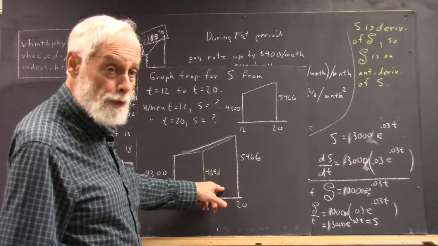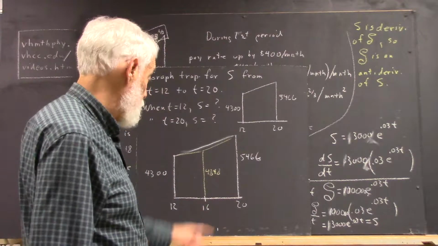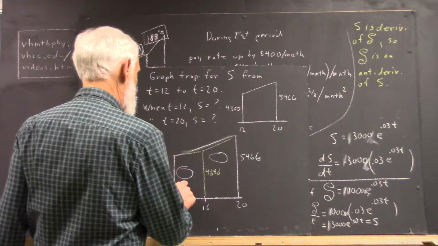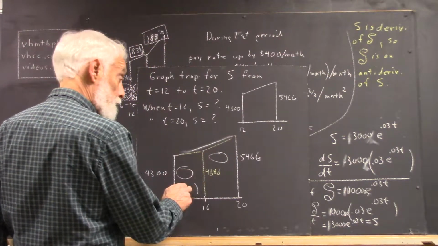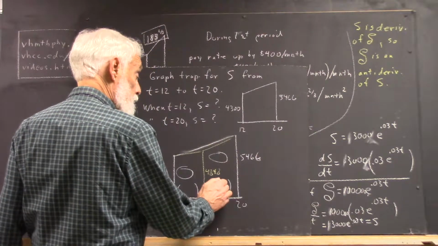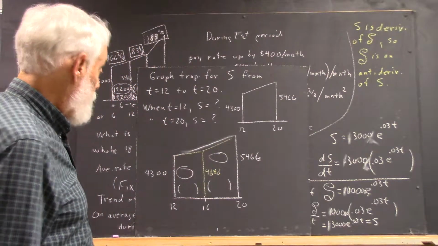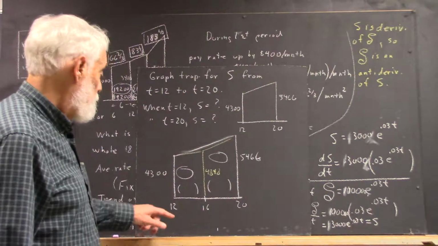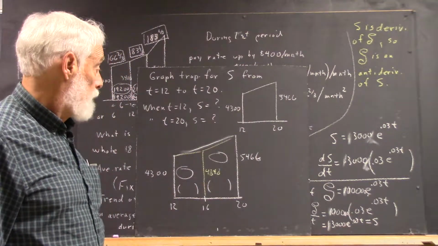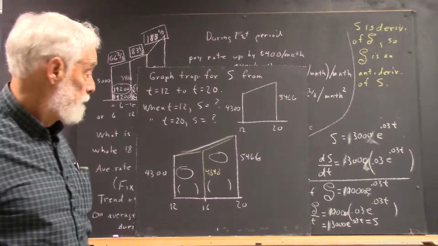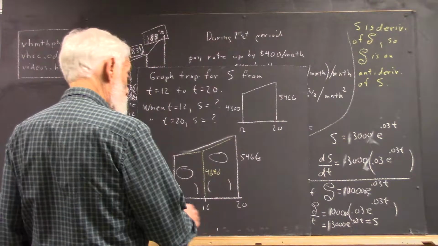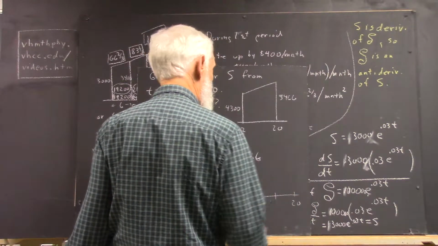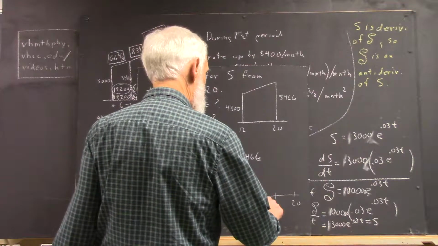Then we can easily calculate these two areas, and of course we're going to add them up to get a total. So we'll have this area, we'll have this area in this parenthesis, and then the total of the two areas in this set of parentheses. And then we're going to compare that to the change in the antiderivative function between 12 and 20. Then I ask you to speculate on what would happen if you divided this one more time, so that you would get from 12 to 20, you divide it in half, and then you divide each of these in half,